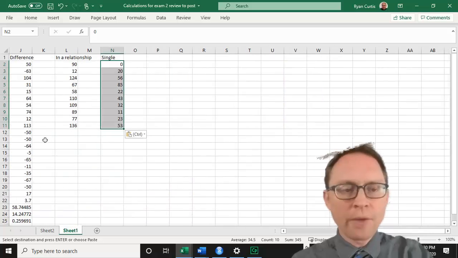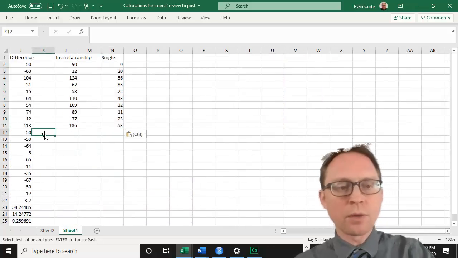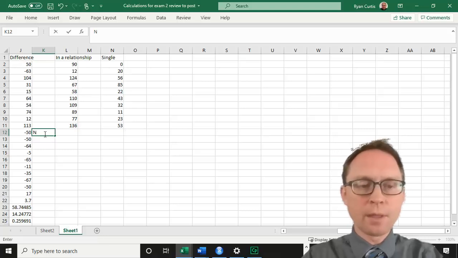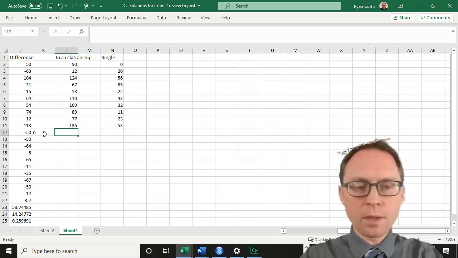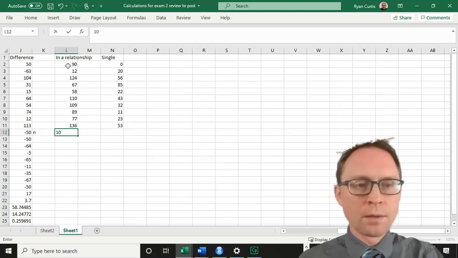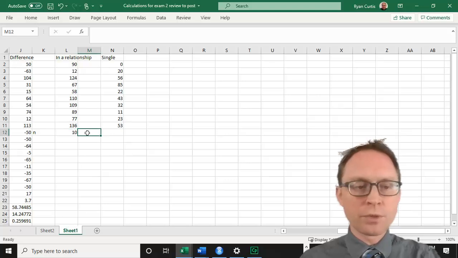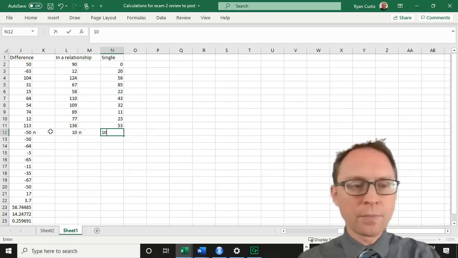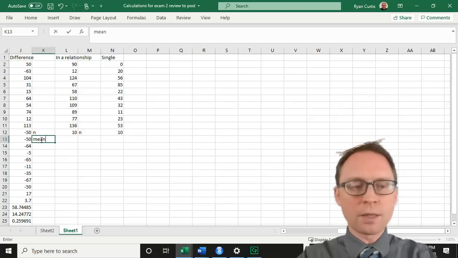Notice how we have the same number of people. So N is going to be the same. N of the first group is 10. How do I know? There's 1, 2, 3, 4, 5, 6, 7, 8, 9, 10 people. And then N for this group is also going to be 10. Then let's go ahead and get the mean